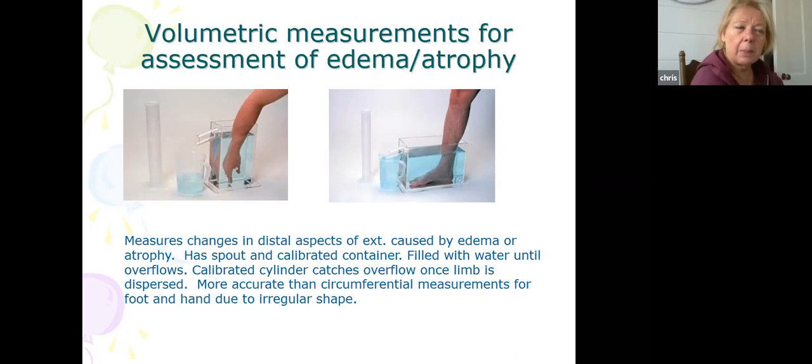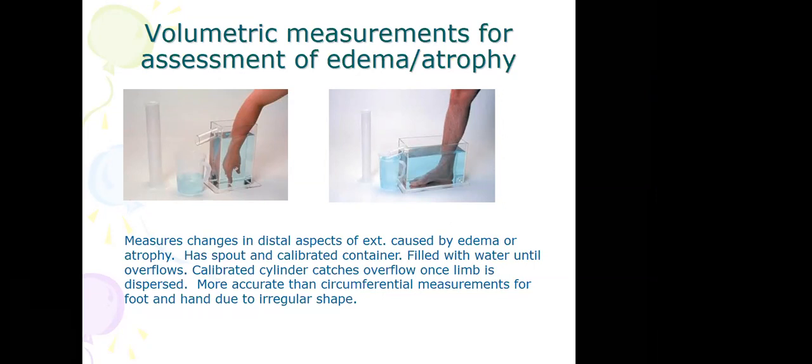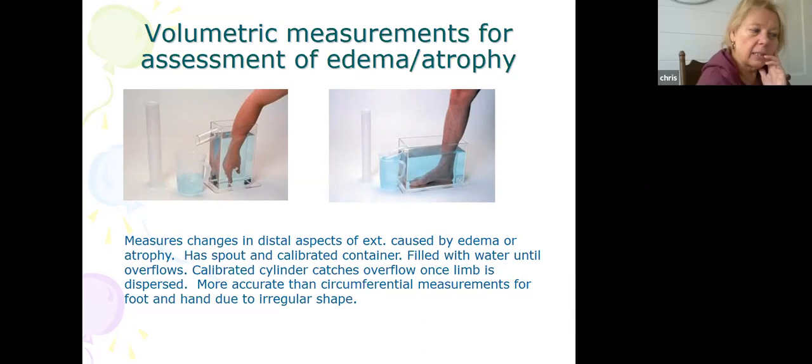So if somebody's got bilateral edema, we could still do this with them. And let's say they have weakness, or they have a decreased range of motion. Is edema going to give you a decreased range of motion? Yes. Edema will give you a decreased range of motion. So if you see a decreased range of motion and you want to know why, or you want some kind of an objective measurement, you have to be able to say, well, because it's edematous. And not even just looking at it, but you have an objective documentation of what the edema is. So you may be able to do both arms and see which one is worse.